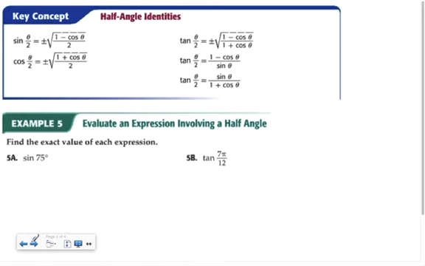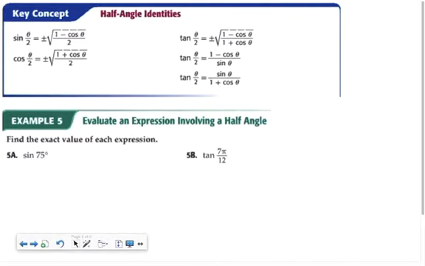Where this gets a little unpleasant is the half-angle identities. And if you look on your reference sheet, you don't have these, sort of. If you look at the power-reducing formulas, on your reference sheet, you have power-reducing formulas. So let's consider sine squared, and you don't have to write this down, I just want you to get where you should be able to come up with the half-angle identities from your reference sheet that doesn't actually have the half-angle identities. All right, so for example, if you consider the sine squared of u